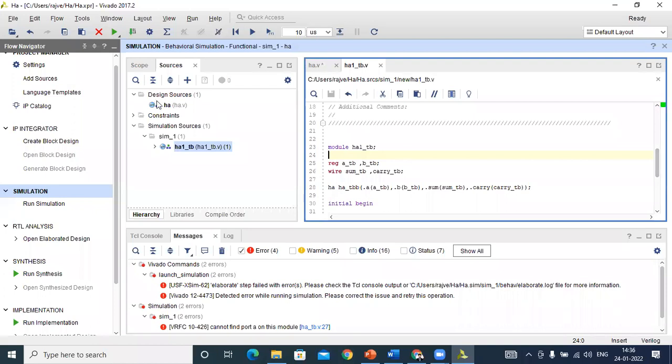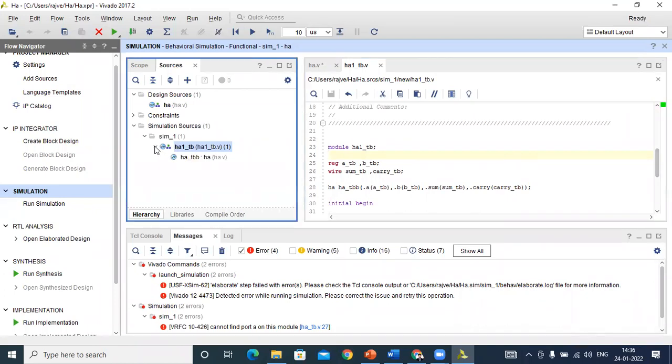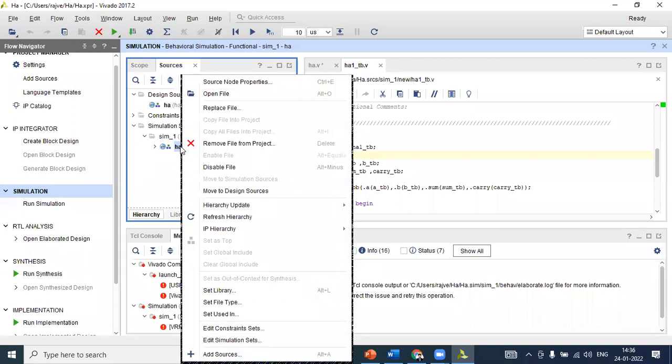Okay. This is our top module, this is our top module test bench, and this is our top module design. Both are in .v file format. After this, select it as a top module.